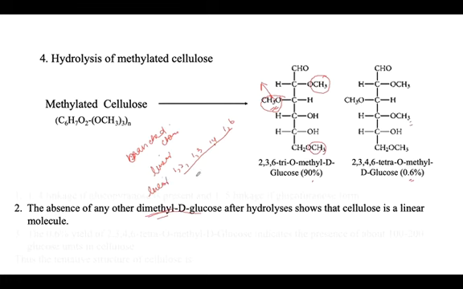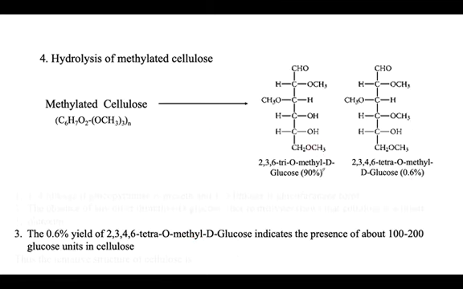They are arranged in a linear chain structure. So this gives us information about the linear chain structure. Now the third point is when we are concerned with the percentage, when we say that it is 90%